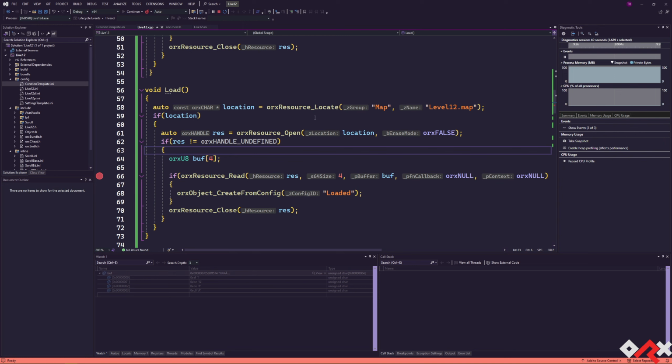And once it finds the level 12 map, it will load it and process it for you. So even if you use the aux remote to read it from the web server, or if you use the bundle application to read it from the bundle, it will still work with that code, and you don't have to change it. Obviously, you could also use the low-level file module, by doing aux file open, aux file